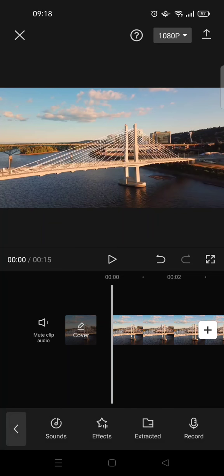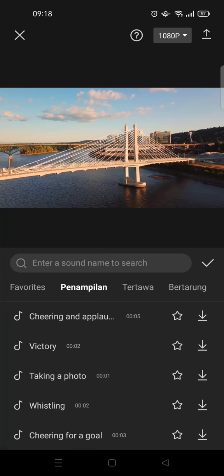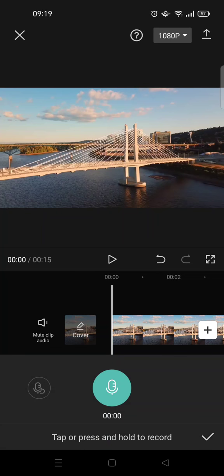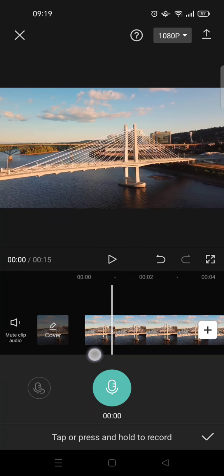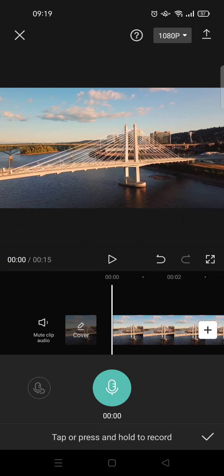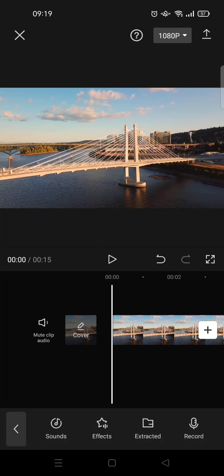For example, you want to start the music there, and then you can choose whether you want to add the sounds from the Capcut app, or add a sound effect, or extract audio from a certain video, or record the audio right away, or maybe use the voiceover. You can just use this record feature. But if you want to add some music, you can just choose sound,